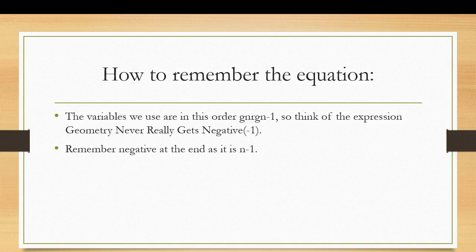How I like to remember this equation is, since I learned it in geometry, and the variables go g n, r, g n, and that negative 1, or that minus 1 at the end, I like to think of geometry never really gets negative. And then that negative 1 at the end kind of fits in because it's the last word is negative 1. So just really remember that the last variable and that negative 1 are subletters, and that both of the ends are